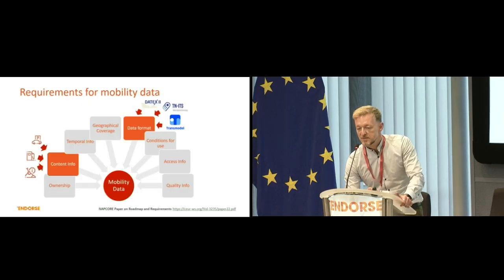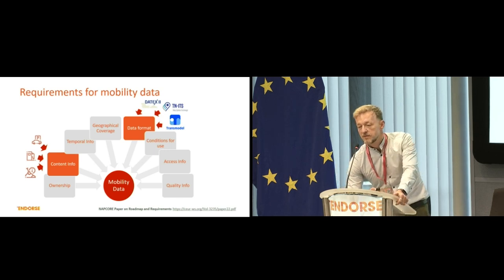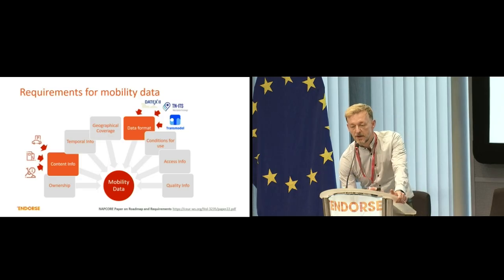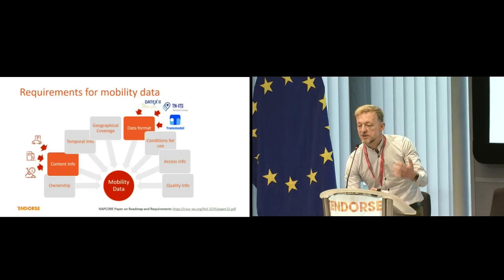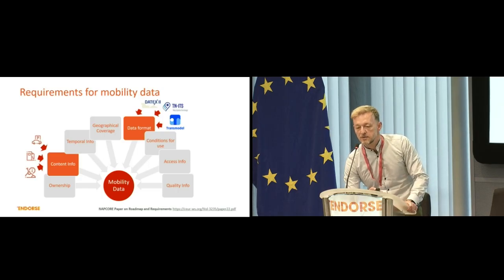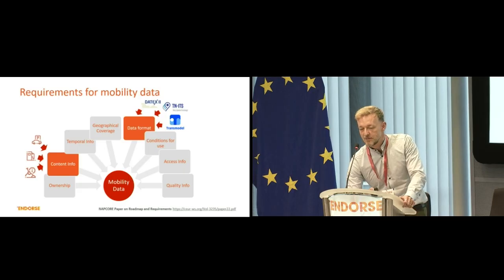So what is so special about mobility data? I'm just highlighting some of the specifics that we are looking at. For the data format in mobility, we have very sophisticated data standards coming from the ITS domain. So we have to be able to describe those data formats and standards. This is an addition that we are proposing. The same goes for the content info. We have to make sure that parking data, charging stations, and roadworks are described via RDF elements. So this is what we have added here.